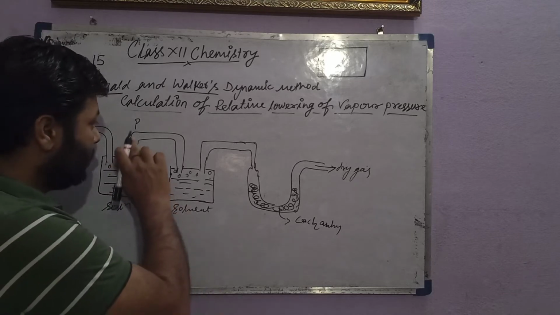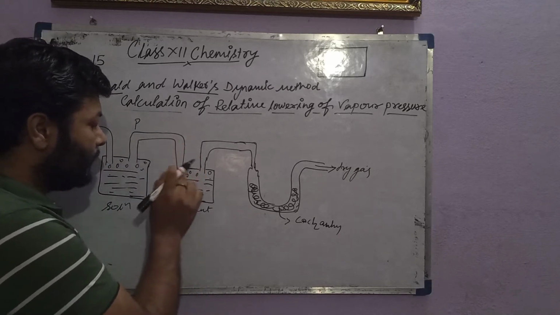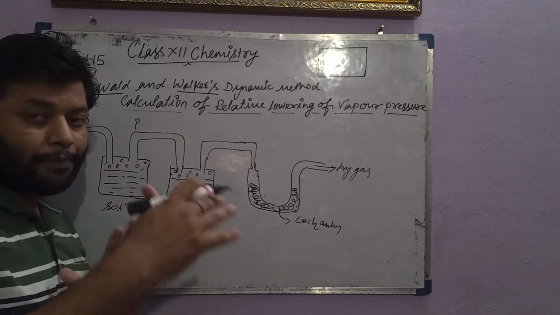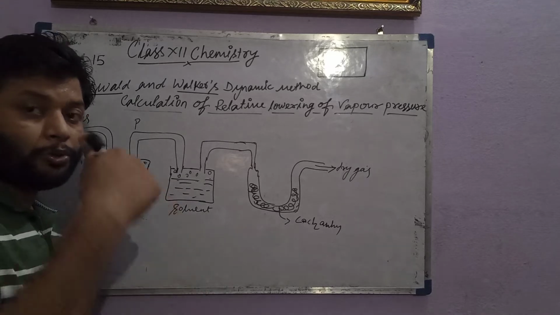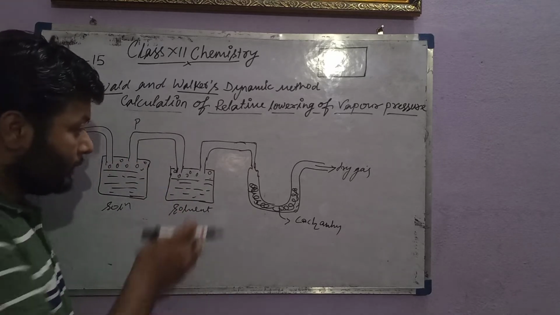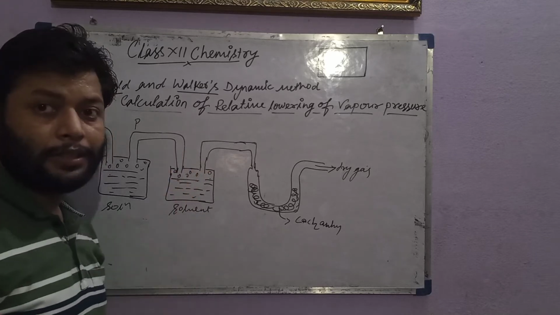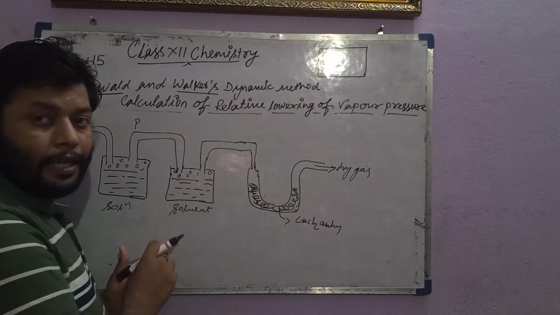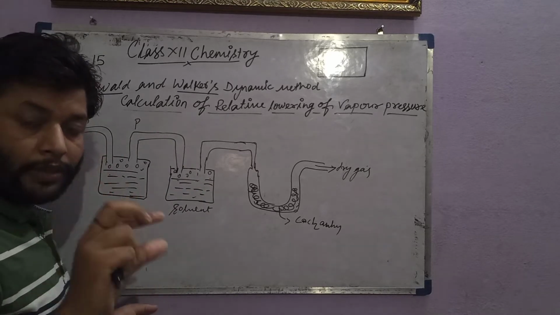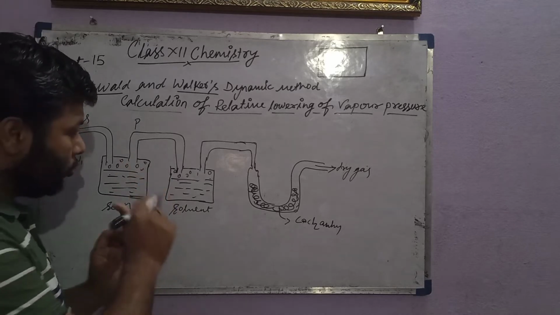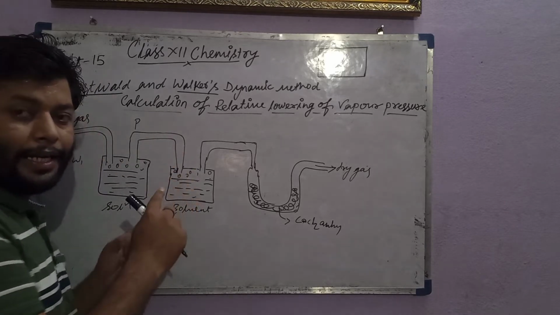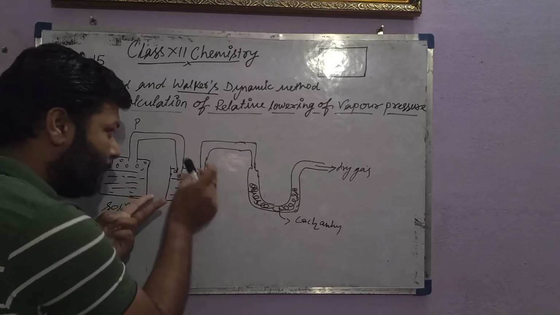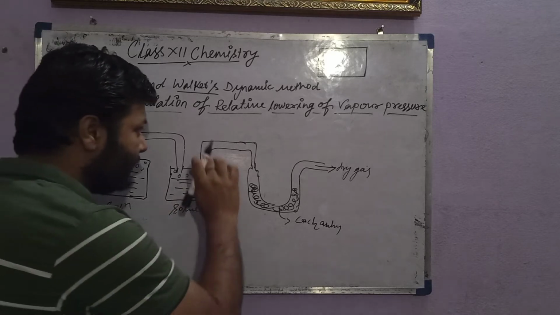Now the dry gas, when entered in this vessel, already has some of the vapor of the solution, which is equal to P and proportional to the weight loss W1. Some more vapors are mixed into the upcoming air. So the air entered here already has dry gas plus P, and some vapor is mixed in the dry air, and that will be delivered out.